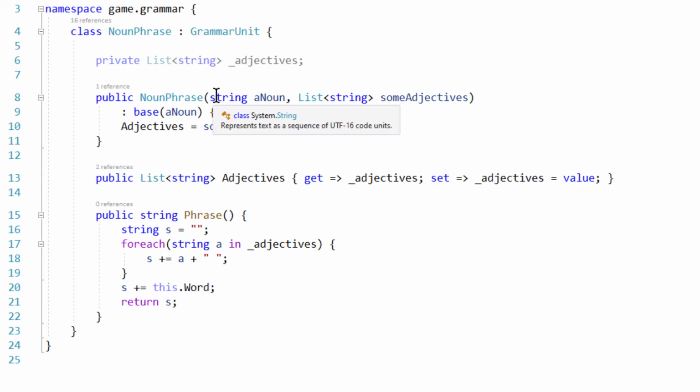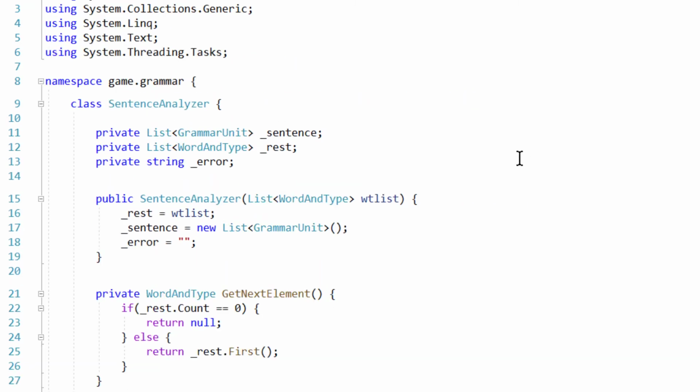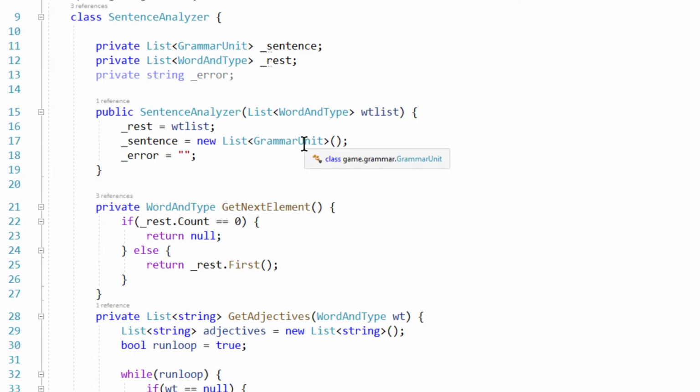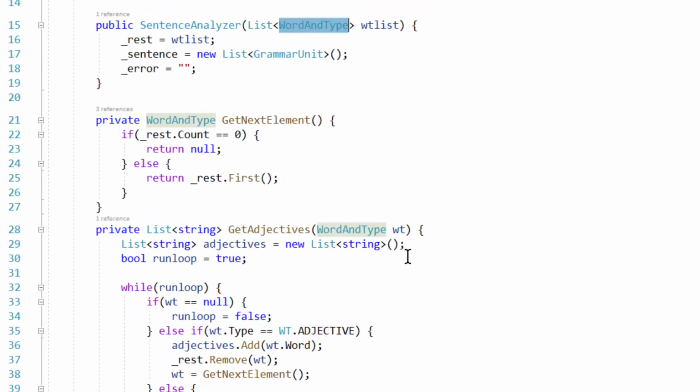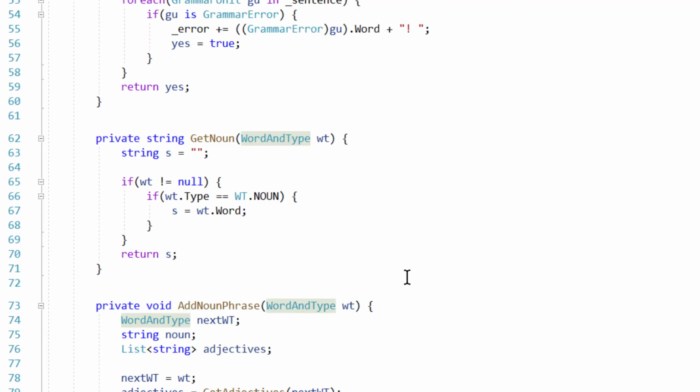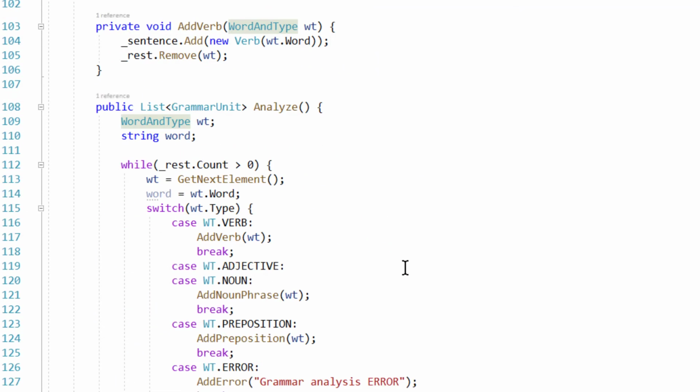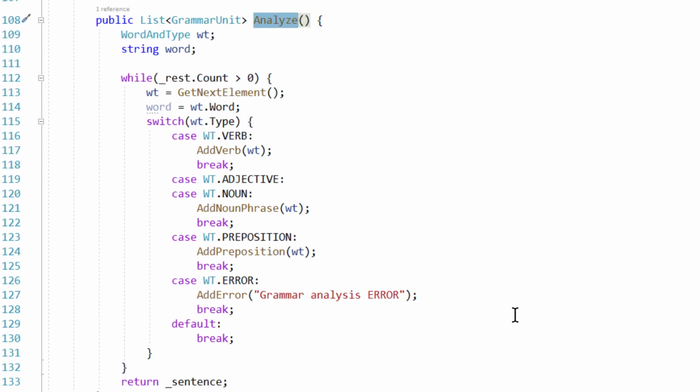And I've got another class in here called sentence analyzer. And in order to parse out my list of single words into these grammar unit types, I've had to call sentence analyzer. I call its constructor with a list of word and type, and then I call this method down here, where is it? Analyze. I call the analyze method to actually create this list of grammar units with verbs and noun phrases and so on,